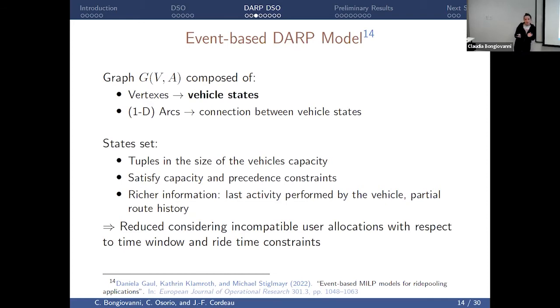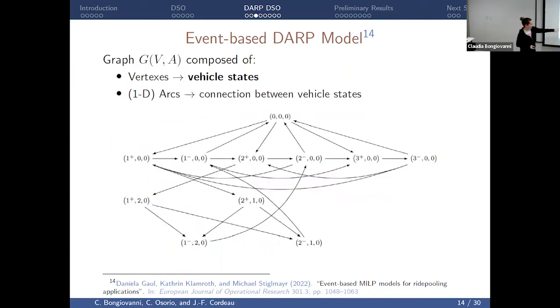Because these tuples are in the size of the vehicle capacity, the graph itself already takes care of capacity constraints and also precedence constraints, right? You cannot drop off someone before you pick up someone. So essentially, you remove all of the states which are deemed infeasible. Each state also brings more information about what the vehicle is doing or has been doing in the past. And as we already take care of capacity and precedence constraints, we also already take care, partially, of time window and ride time constraints. Why is that? Because since we have the customers within the same vehicle, such as 1+, 0, we can easily check whether it is possible to